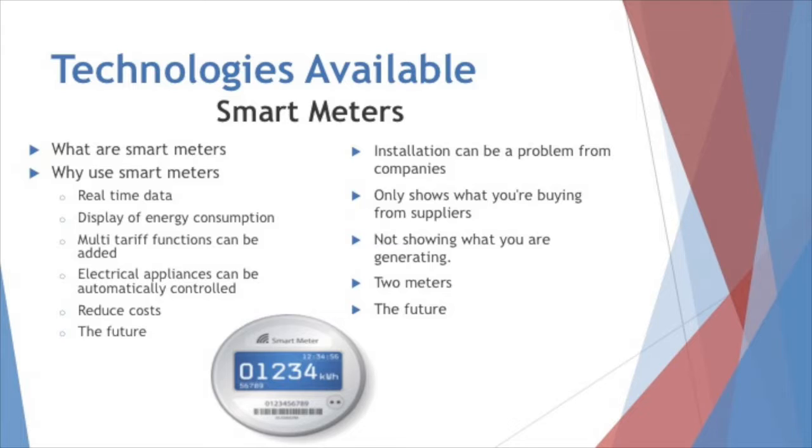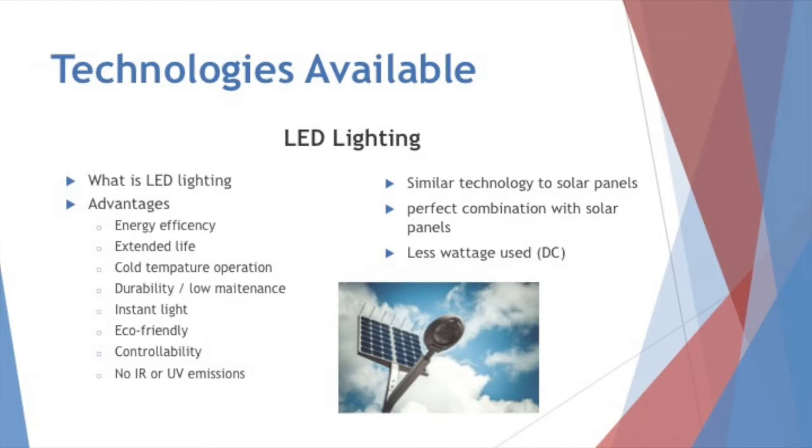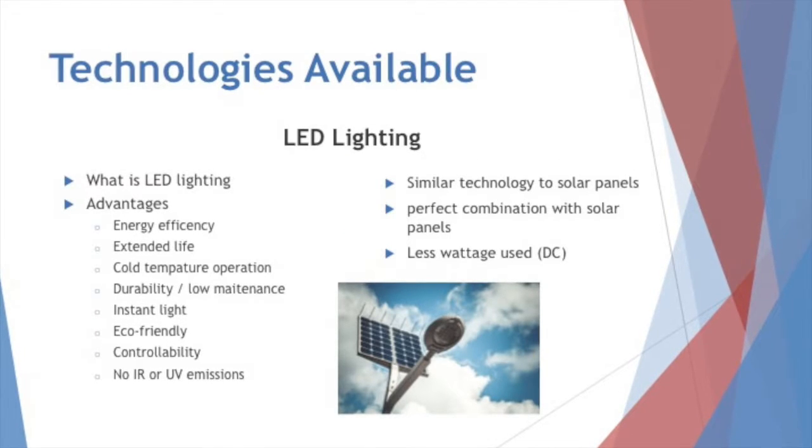It also reduces cost by increasing energy consumption during off-peak cheaper tariff periods. The problem with smart meters, in conjunction with the renewables that would be on site, is that installation can be a problem from companies when there is renewables. It only shows what you're buying from suppliers, not what you're generating,